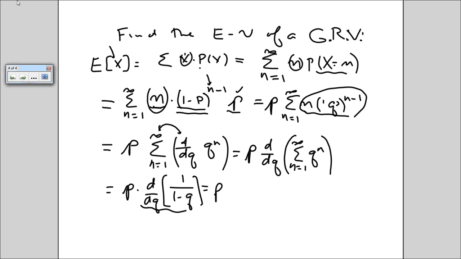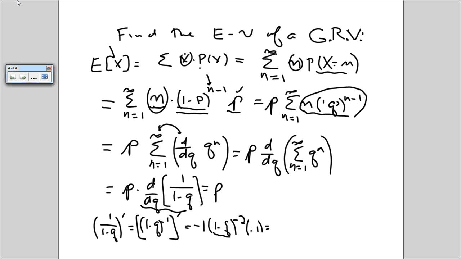The derivative of 1 over 1 minus q, think of it as 1 minus q to the negative 1. If you take the derivative of that, you bring down the exponent, you keep the 1 minus q the same, you make the power 1 less,